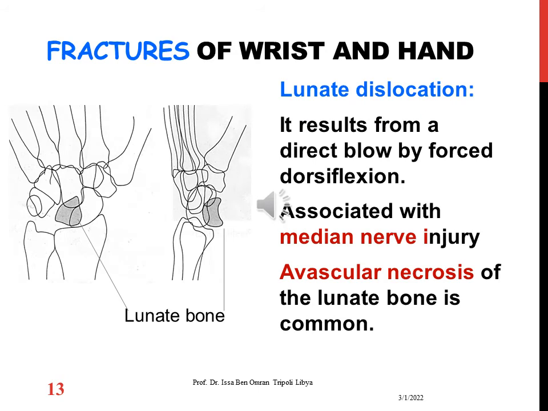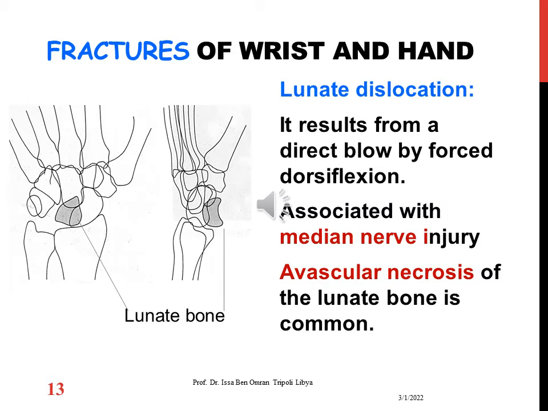Now to another problem in the wrist joint, the lunate dislocation. This bone, the lunate, can dislocate resulting from a direct blow or forced dorsiflexion of the hand, associated with median nerve injury, which is very common, and avascular necrosis of the lunate bone, which is common. So remember, the lunate bone dislocation